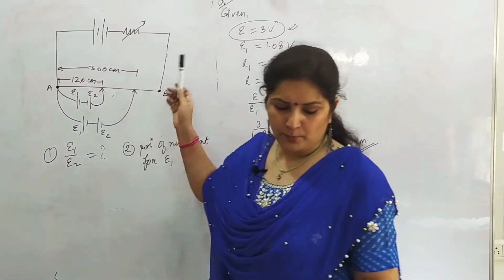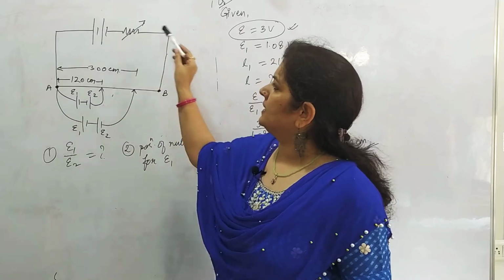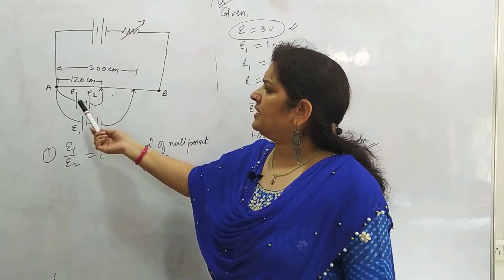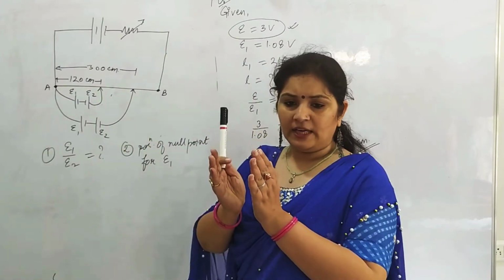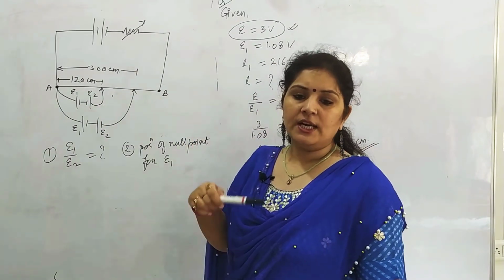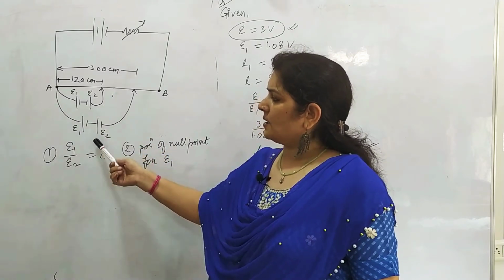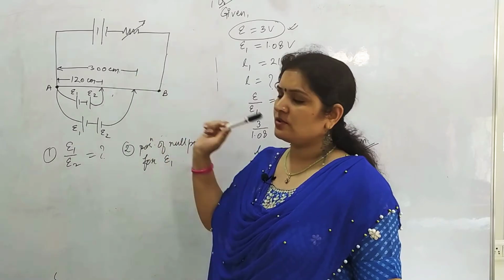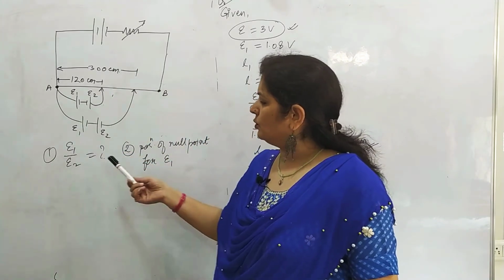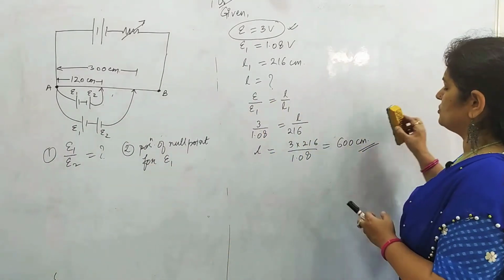We took a cell, a potentiometer, and sent a constant potential difference through it from the rheostat, but this is not required. When we are connecting E1, E2 such that negative, negative are connected, it shows the null deflection at 120. When we are connecting E1, E2 such that positive comes first here and positive comes first here also, then the null deflection is 300 centimeter. We have been asked to find E1 is to E2 and the position of null point for E1. Try solving this question.